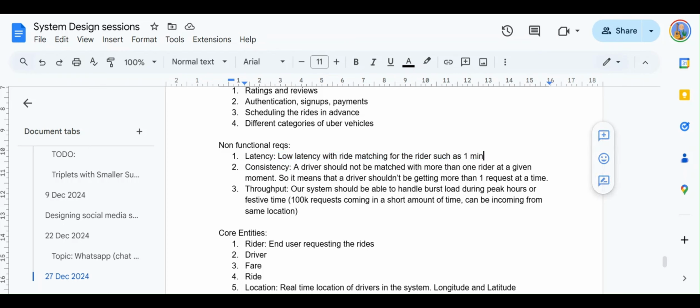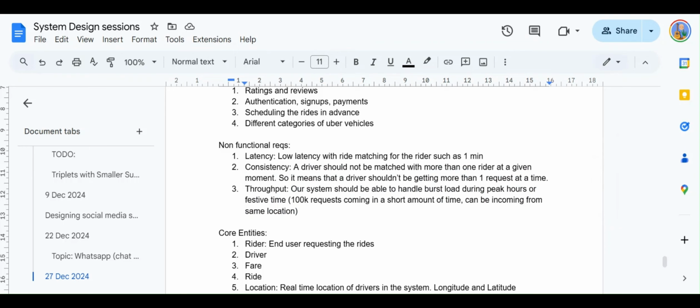We'll look into how to achieve this latency, how to achieve the consistency part, and how to achieve the throughput part. These are the main things that we are looking at.